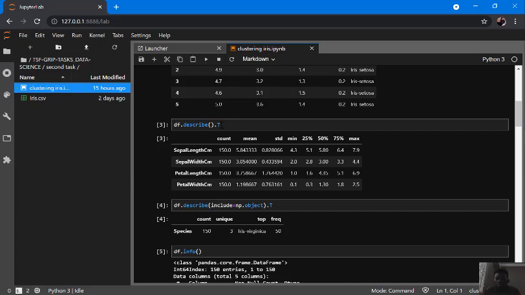Then we can look at the mean of each column. We can also look at the standard deviation of each column and the minimum value in each column, the 25 percentile in each column, the 50 percentile in each column, the 75 percentile in each column, and the maximum